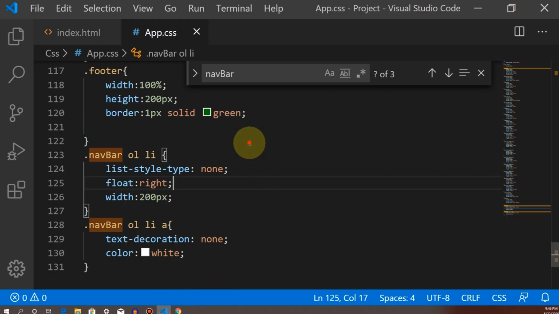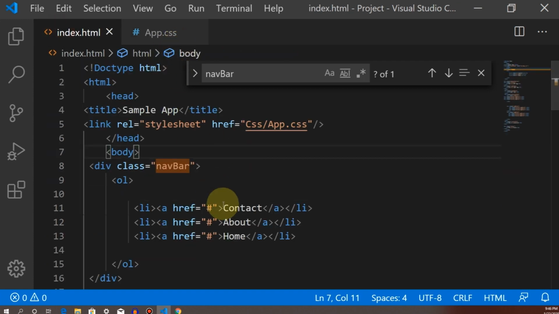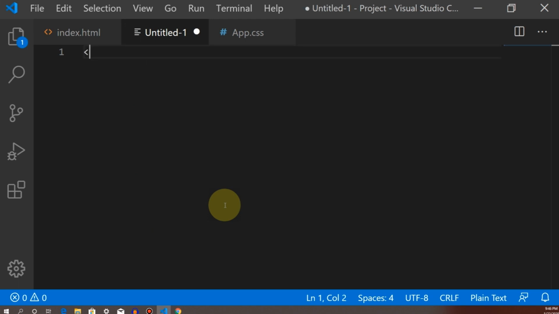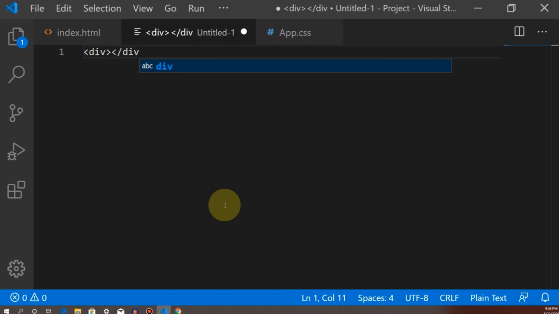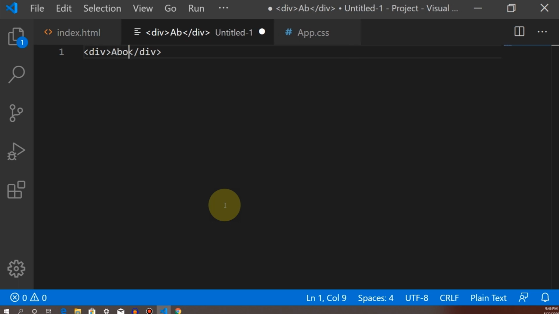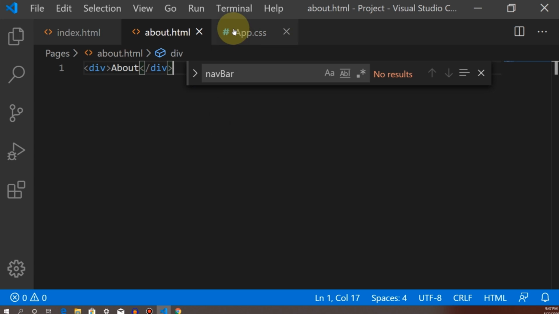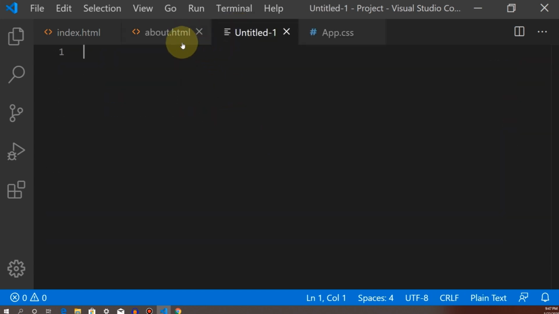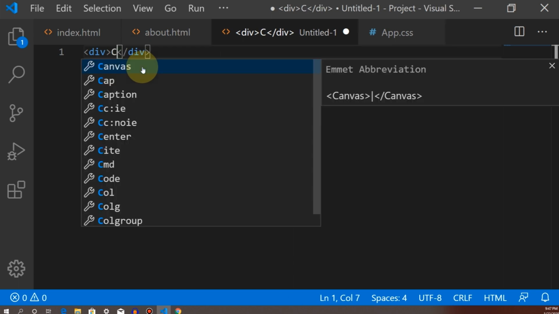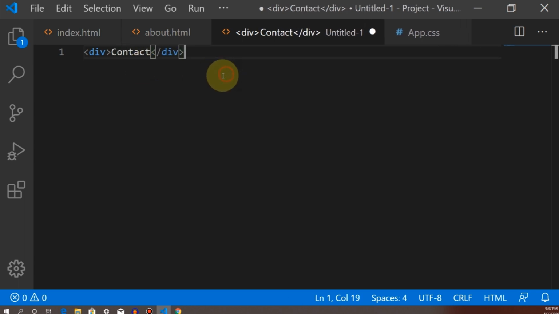Here, a div about, inside the pages folder: about.html, then contact.html.